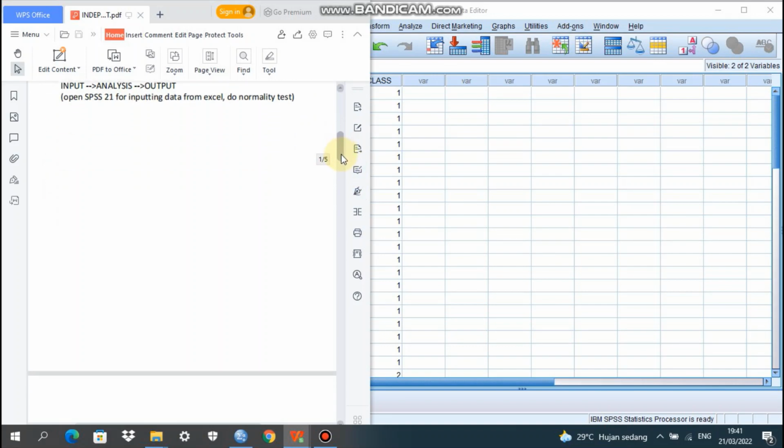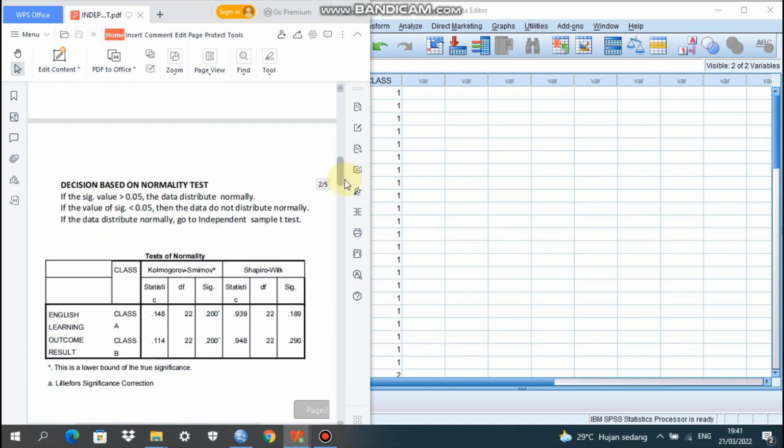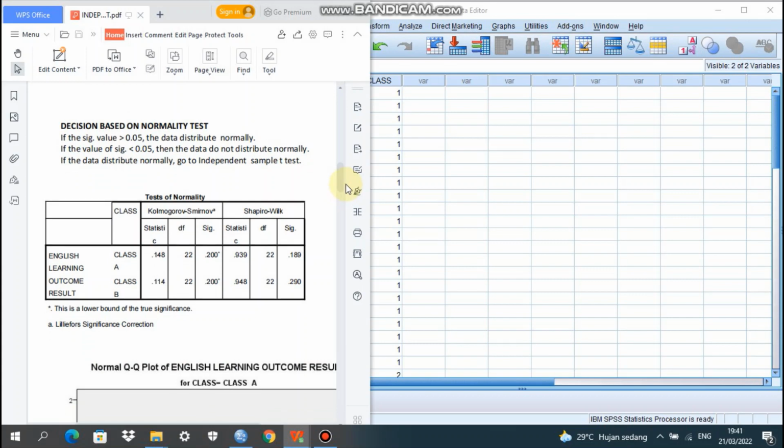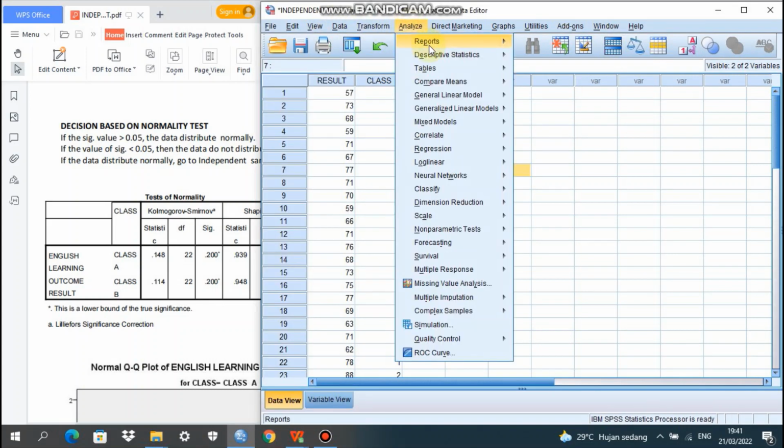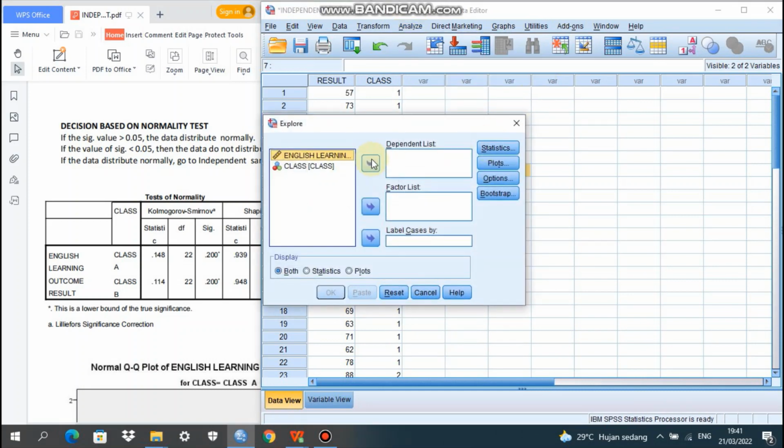What is the next? We go to number 1, the requirement for parametric statistics for independent sample t-test. Number 1, we must conduct a normality test. We go to SPSS, Analyze, and then we go to Descriptive Statistics, Explore. We have the dialog box.